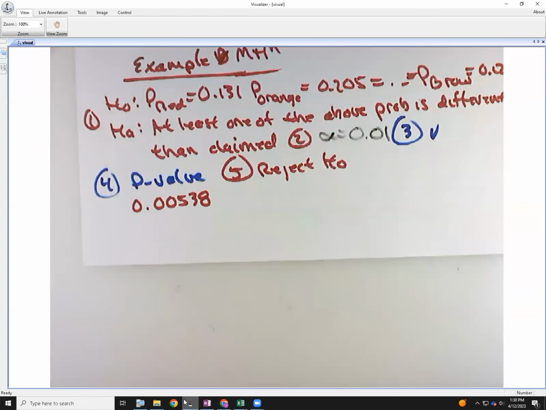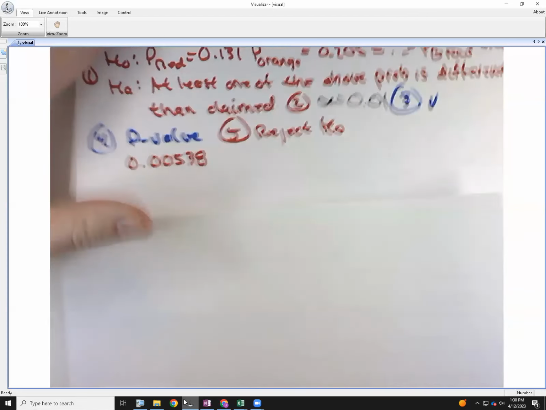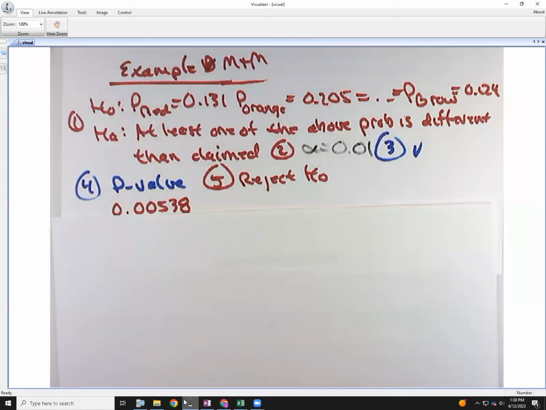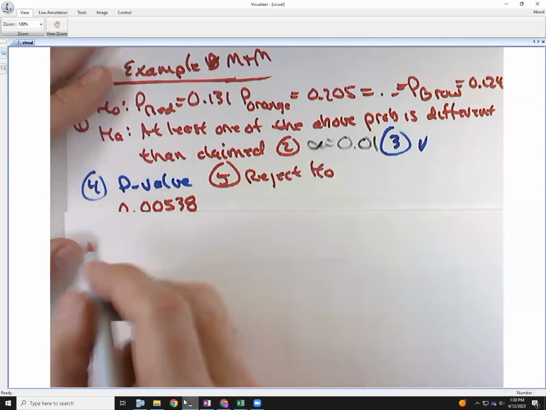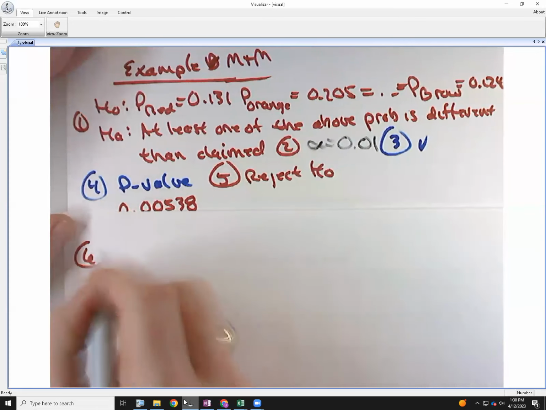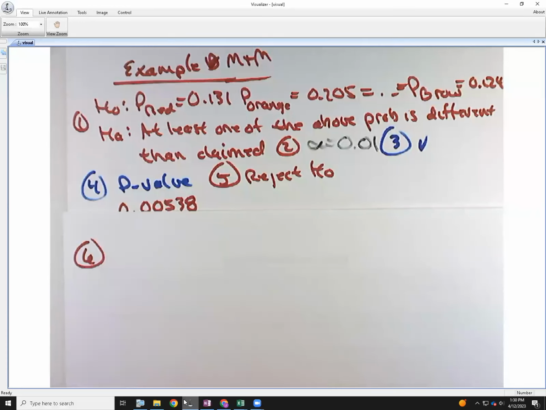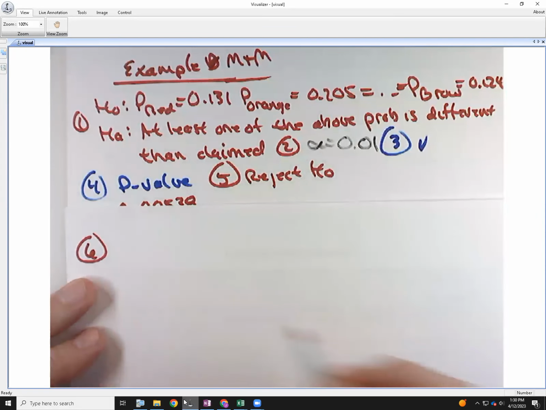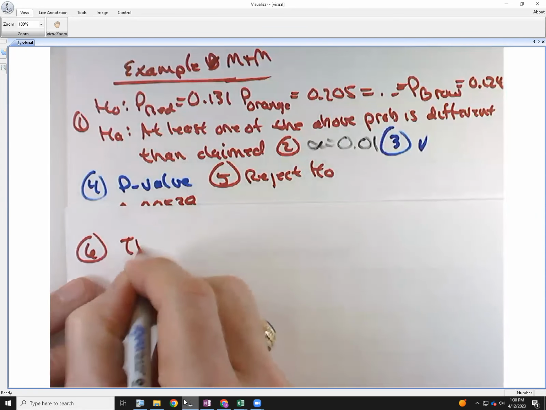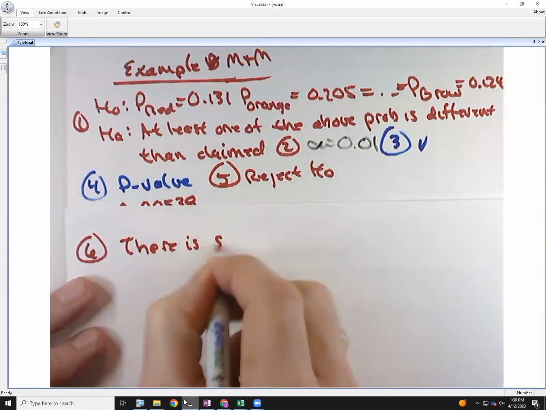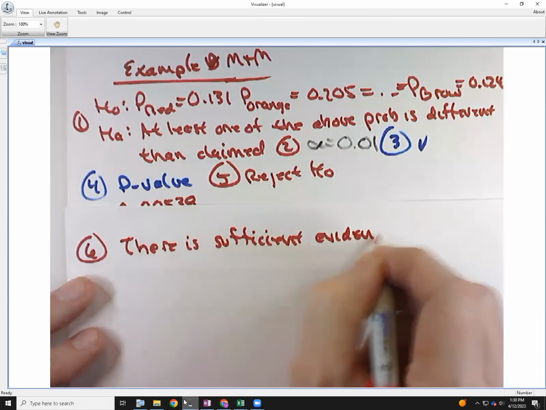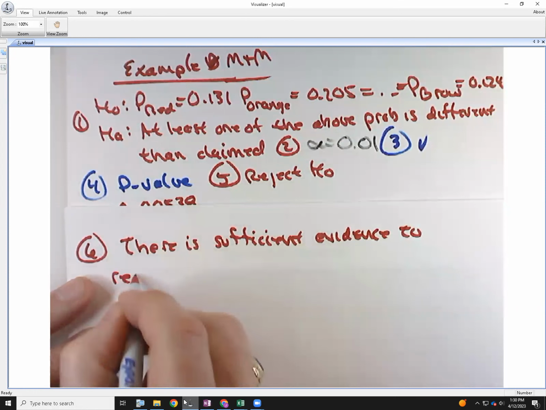All right. In any case, so there's sufficient evidence to reject the claim that M&Ms gave me a really well-mixed bag of M&Ms. They didn't. Somehow or another, it wasn't up to par. All right, but let's think about how I really want to say this. There's sufficient evidence to reject the claim that the probabilities from M&Ms are correct, or let's see, let me think one more time. There is sufficient evidence to reject the claim